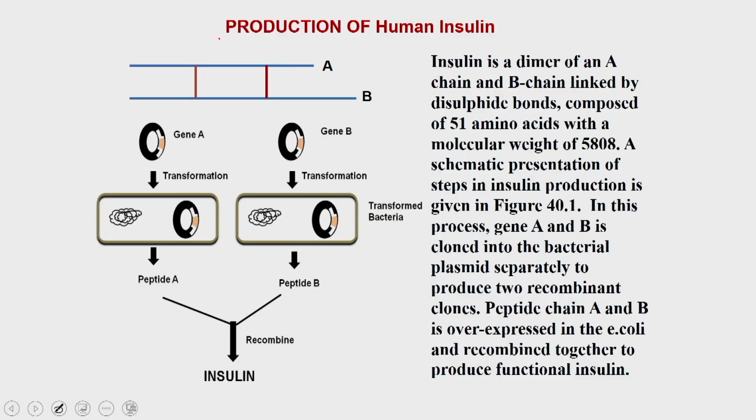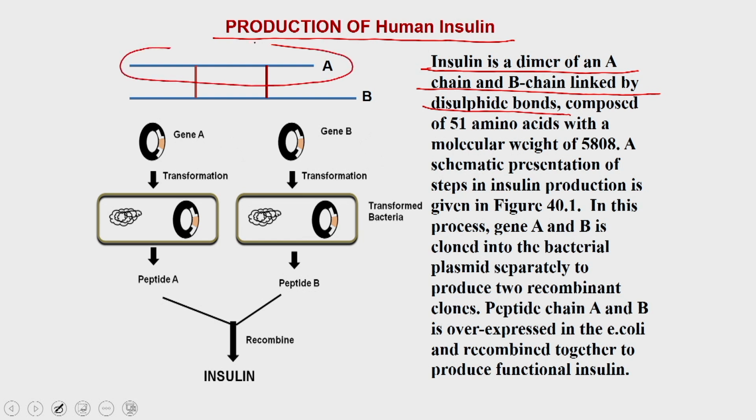Now, let us take an example of the production of human insulin. Insulin is a dimer of A chain and B chain, which are linked by disulfide bonds. So, in insulin you have two chains, one called the A chain and the other called the B chain, and both are produced separately and then linked with each other by disulfide linkages. You have two disulfide linkages between the A and the B chain, and the molecular weight of insulin is 5808 Dalton, with a total of 51 amino acids present in the A chain and